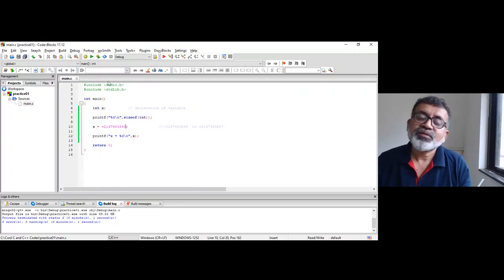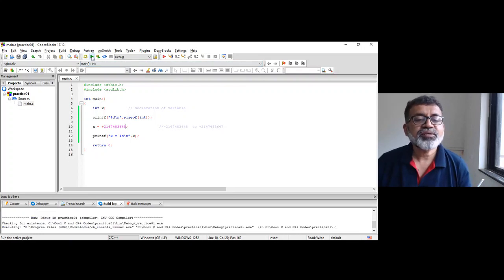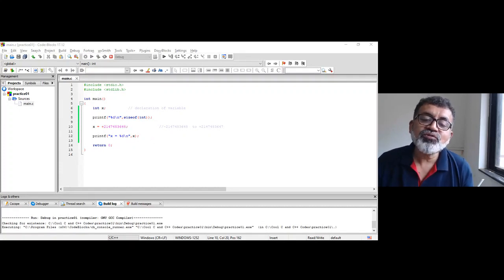The program will be executed, but it gives you a negative number. So what did you try to store? You tried to store the number plus 2147483648, and it is giving you output as minus 2147483648.